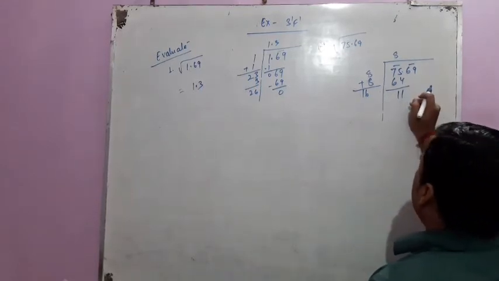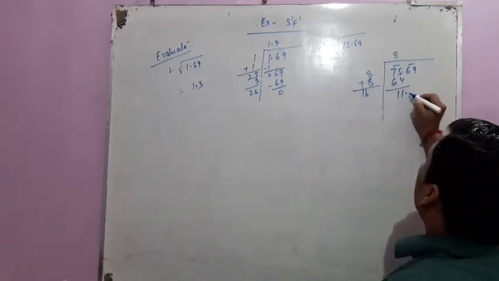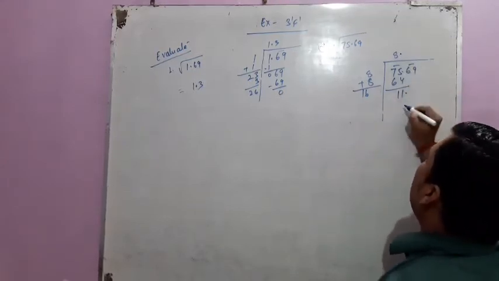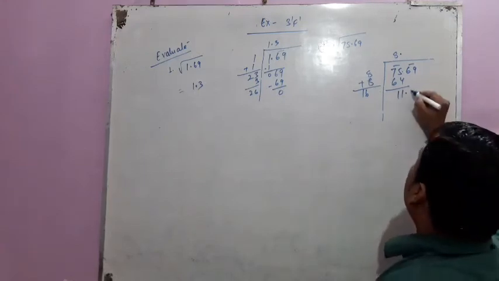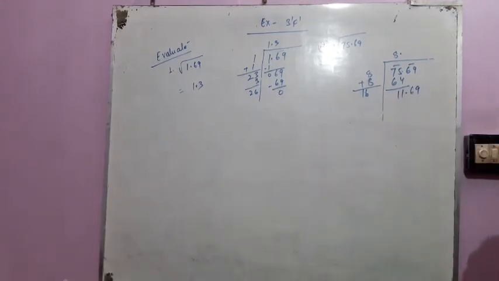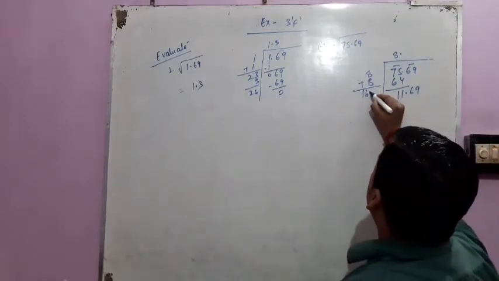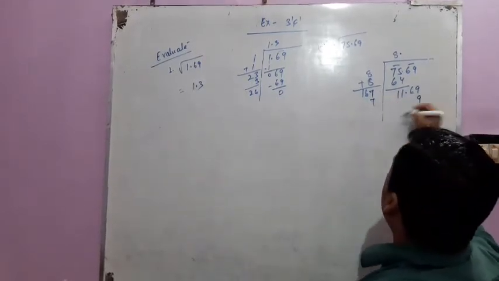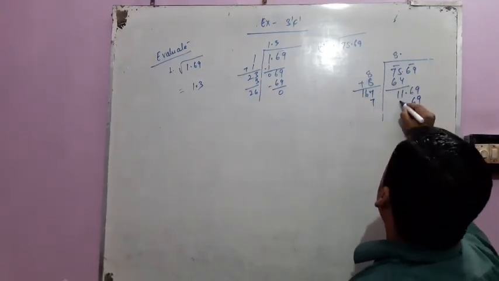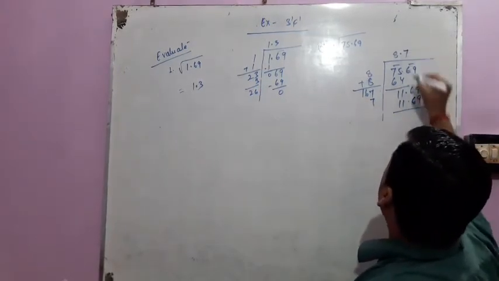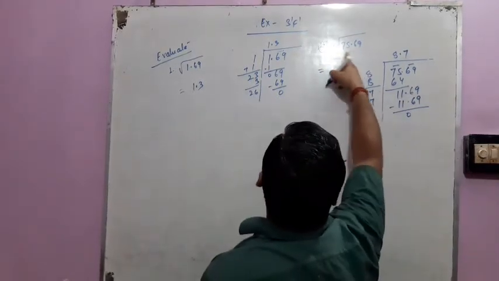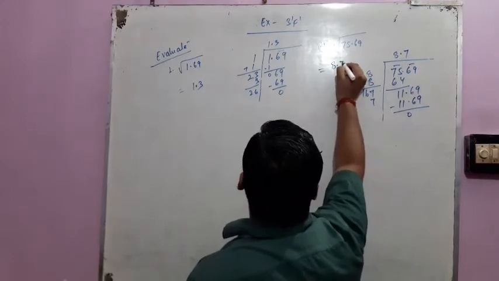Okay, student? Now, we are taking the digits after the decimal, so we have to place the decimal here also. Now, what will we take here? 69. By which number do we multiply this one to get 69? Of course, with 7. So 7 times 7 is 49. 7 times 6 is 42 and 4 is 46. 7 times 1 is 7 and 4 is 11. So we have applied it also here. When we subtract the values, the square root of 75.69 is 8.7.